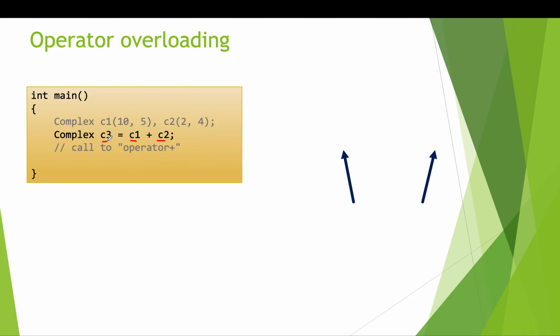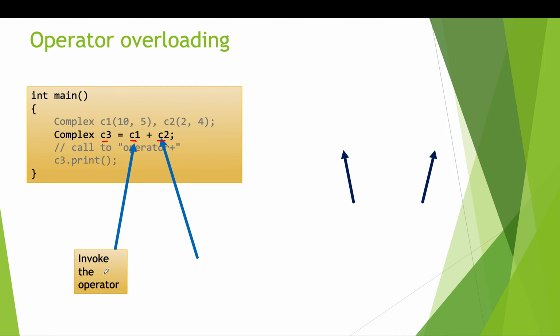All these three will be having their imaginary part as well as their real part. So what is C1 used for? C1 is used for invoking the function. Invoking the function means calling the function. So we know that this is our function, this is an operator. We need to invoke or call the function. For calling the function, we need one object. So what we did, using C1 plus, we called the operator overloading function.